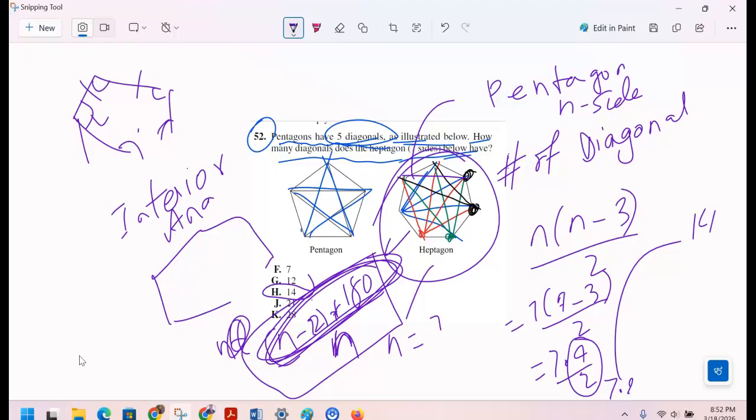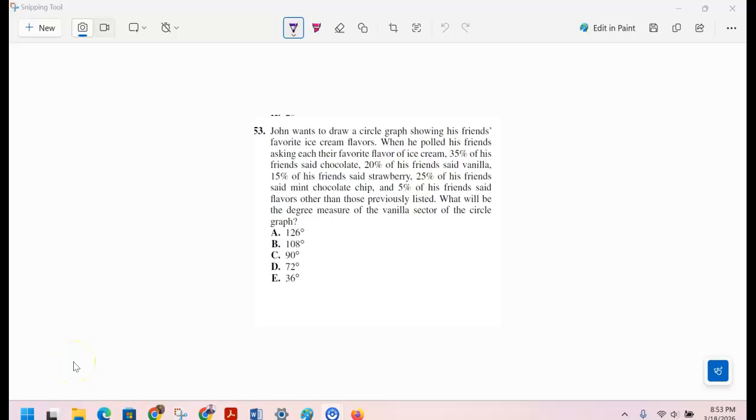That means you have to have a regular. Regular means all sides should be equal. So a lot of information there. So this question number 53 is about, remember when you have a circle